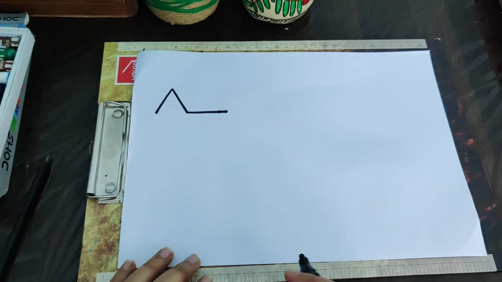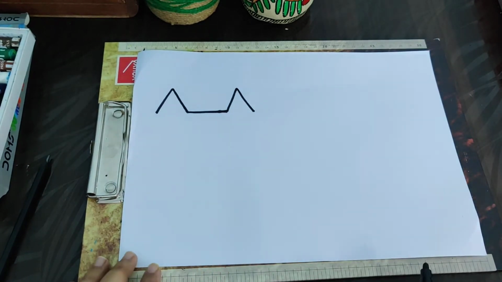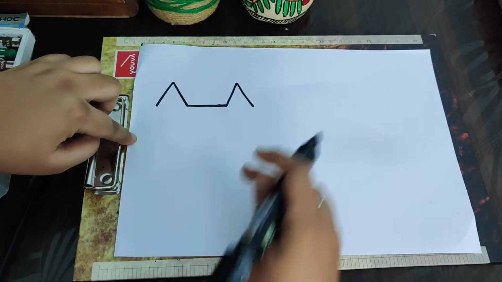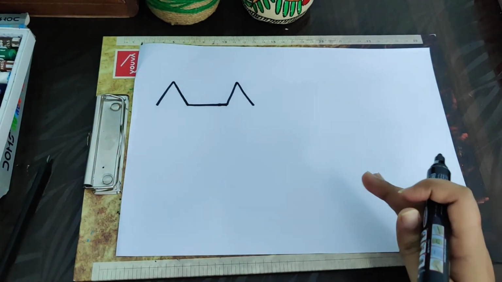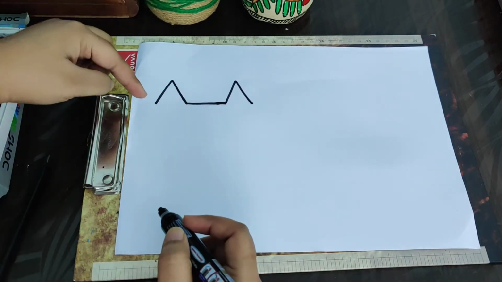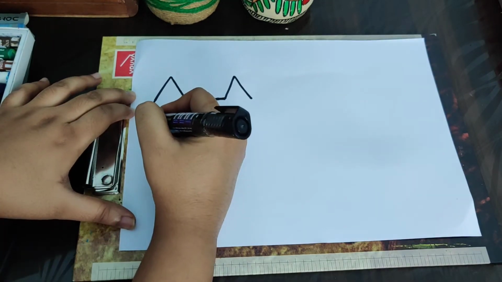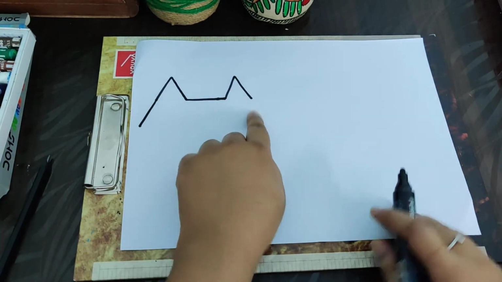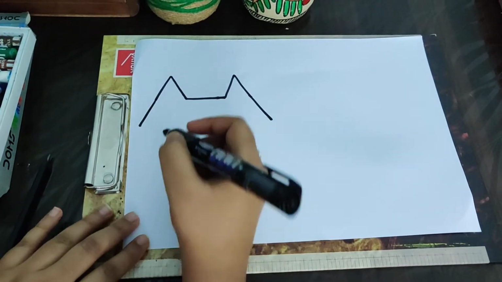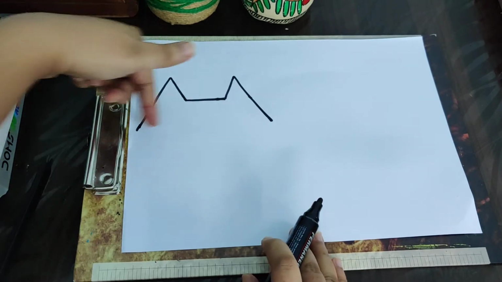We are making the head, and again one more shape like this. Now we will extend these both diagonally. So these are two ears. We have two ears of the cat. I will extend this part till here, and this part somewhere here. Not much, not less. This should be the same. Just see if these both are the same.